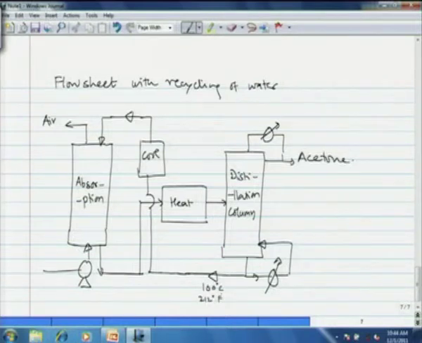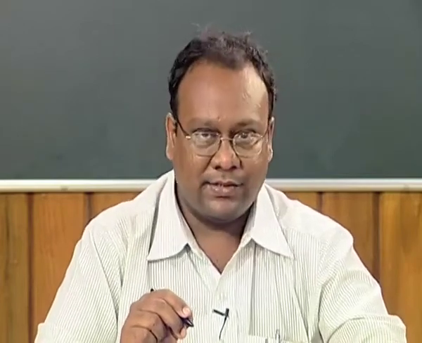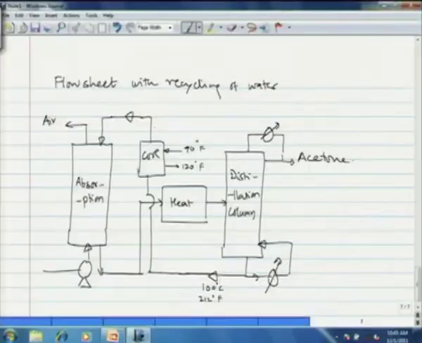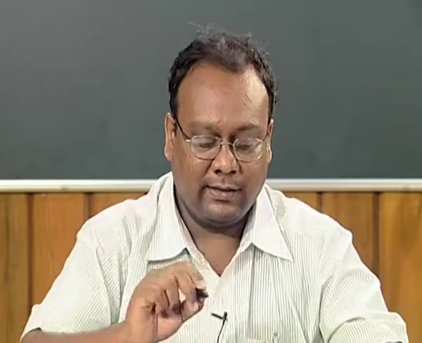Now, with recycling we have to cool it intermediate. For cooling this stream we will use, let us say, cooling water which enters the cooler at 90 degrees Fahrenheit and leaves at 120 degrees Fahrenheit. If this cooler is operated in counter current mode, then with the delta T mean constraint, the minimum temperature that the water coming out of the cooler will have is 100 degrees Fahrenheit, which enters the absorption column.